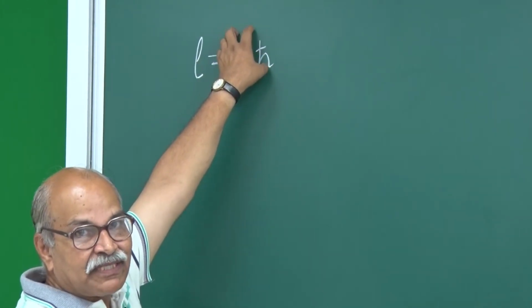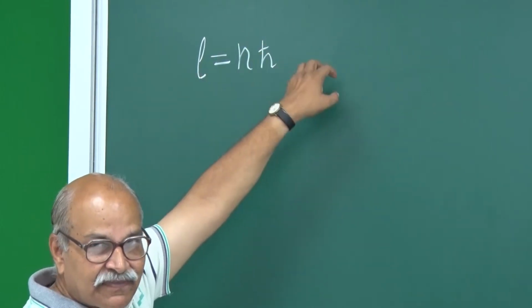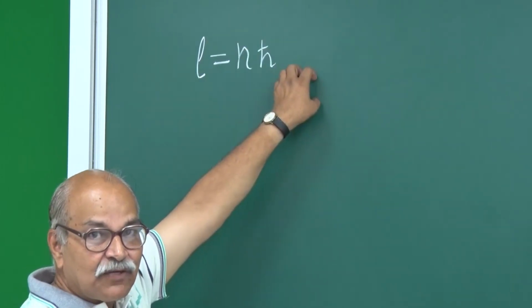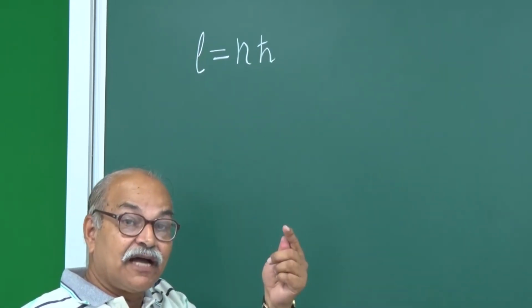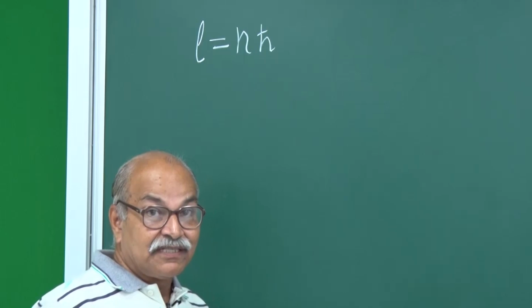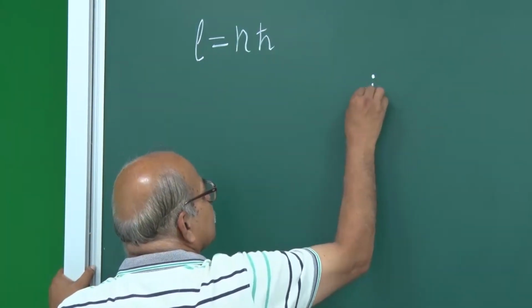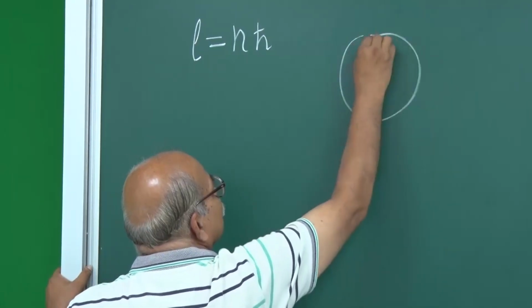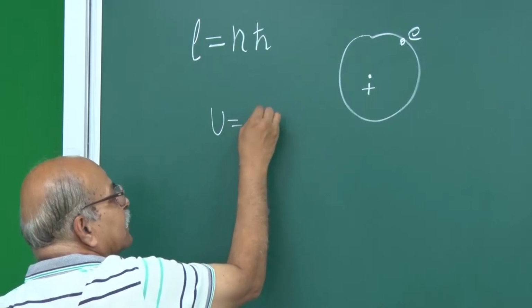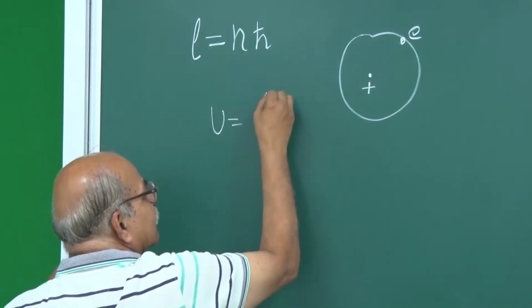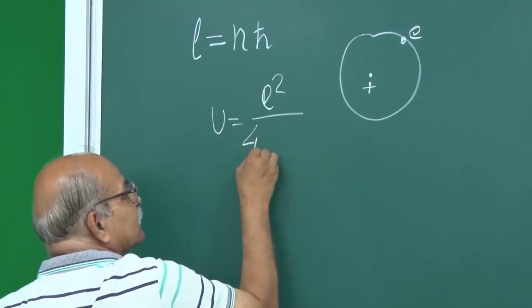Angular momentum can take either the value h by 2 pi or 2 times that or 3 times that. Only then do you get those specific radii. After that it is all classical physics. You have a nucleus here, positive charge here, and an electron going in a circle. So you say that the potential energy is given by Ze square, so if it is a single proton, then it is e square over 4 pi epsilon naught r,